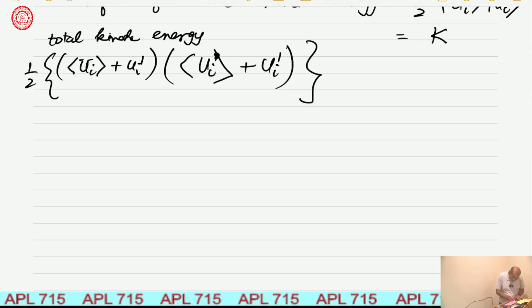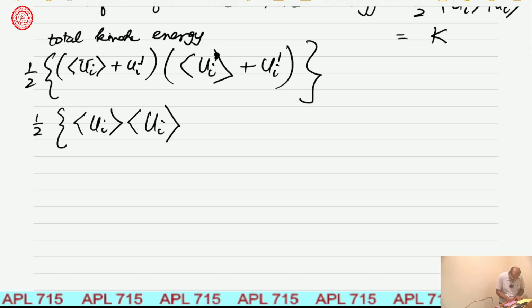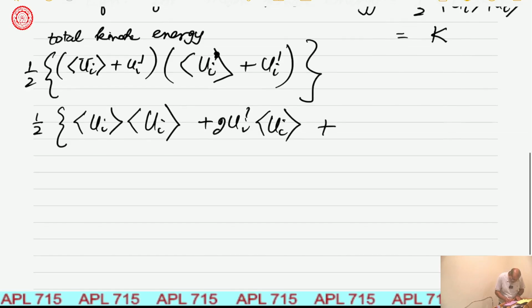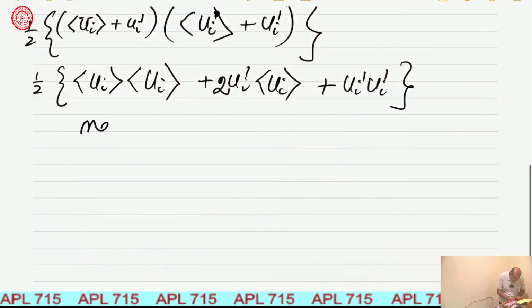So when you write it, this will become equal to half of this. I have not taken any mean. This is the total kinetic energy: mean of ui squared, plus 2 times mean of ui ui prime, plus ui prime ui prime. Now if I take a mean of this,